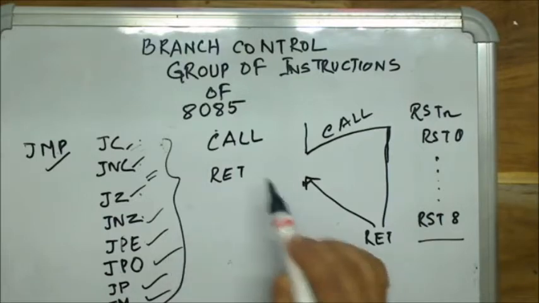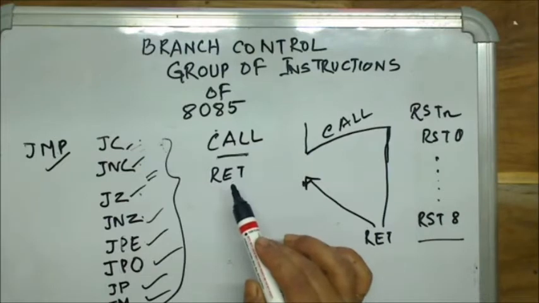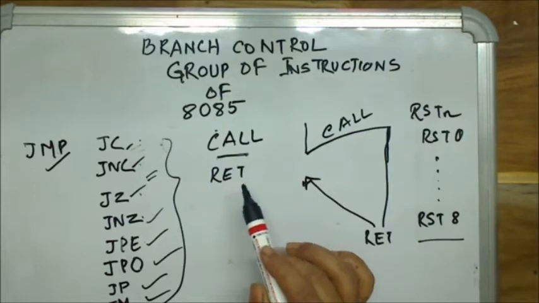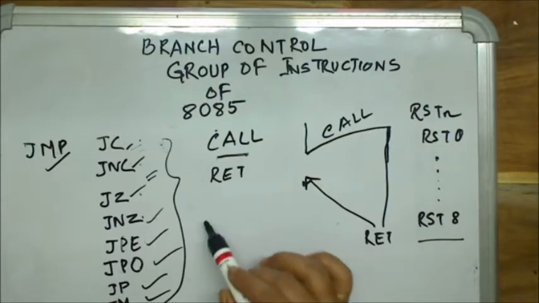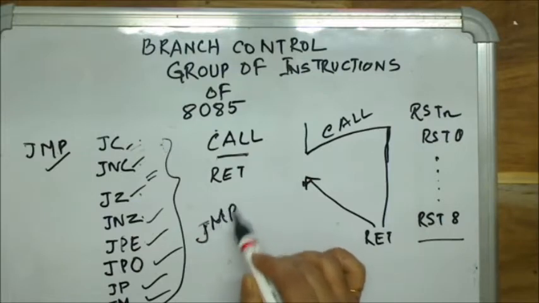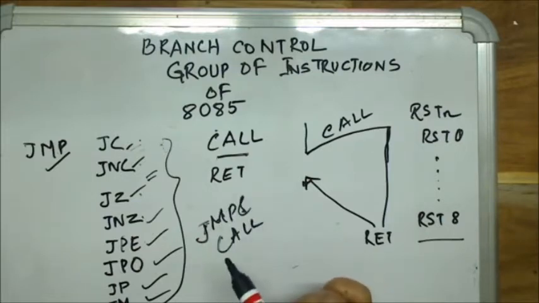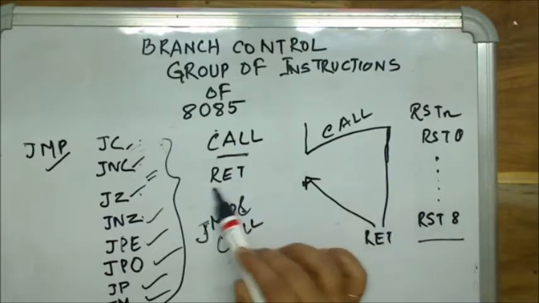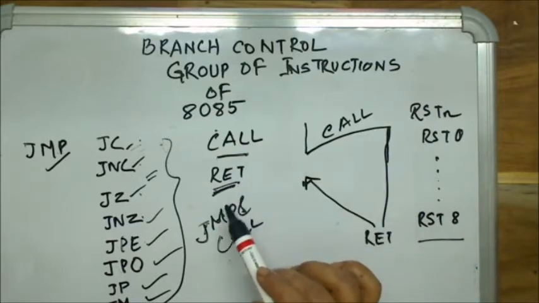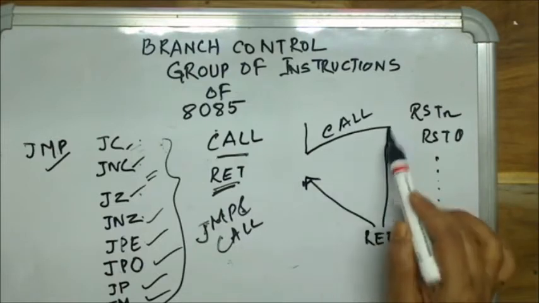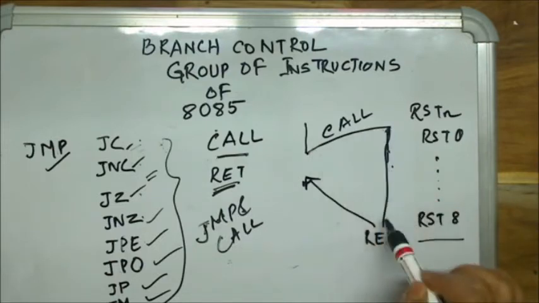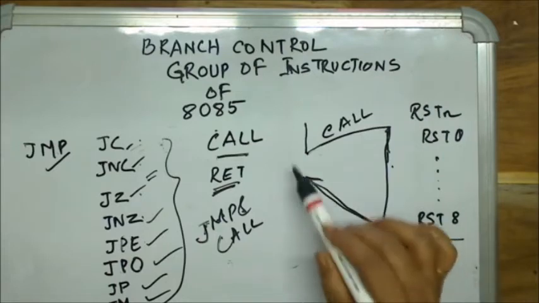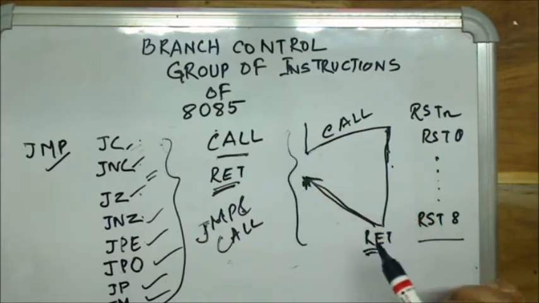Then you come to the big instruction called call. Call has the biggest timing diagram in 8085. First I will be teaching you the instructions, and then the difference between jump and call. A call instruction is always accompanied with a return instruction. So I will be teaching you both: the way to go to a subroutine by using the call instruction, and the way to come back to the main program by using the return instruction.